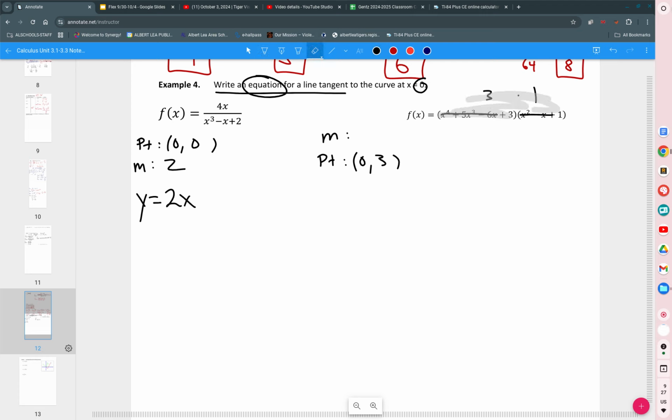All right, so now I got to find the slope. We find the slope by taking the derivative. When in doubt in calculus, just take a derivative. Okay? Usually produces something positive for us. I have f prime of x is equal to, now, some people would like to actually multiply this all out. We don't need to do that. We could just use the product rule. What is the derivative of that first part? 4x